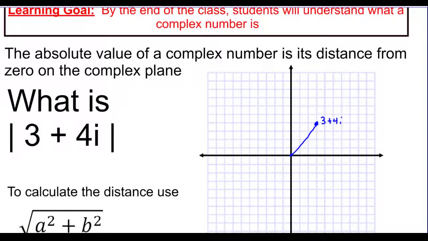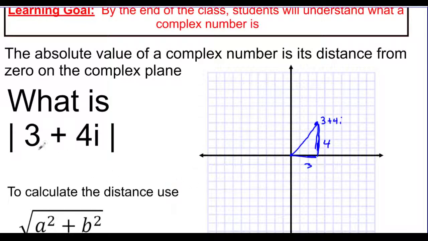We're saying if I start at 0 and I count blocks this way, there would be 3 of them. 1, 2, 3 blocks gets me here. And then if I were to count up, I would count 4 blocks to get myself up there. And I'm really doing a Pythagorean theorem distance formula kind of problem to figure out how long the line is. So that's where the formula I'm giving you to calculate the distance comes from. We're really just using the Pythagorean theorem to help us figure out how long the diagonal line is, which we